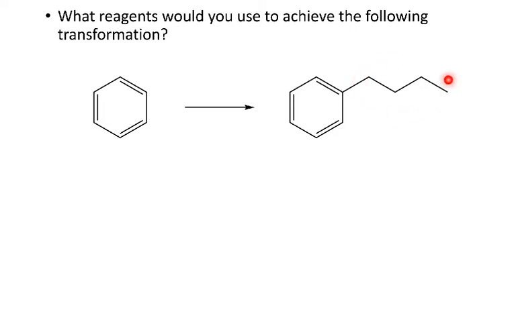So in order to add something like this, we saw that first we could do the Friedel-Crafts acylation, and then we could do the Clemmensen reduction to get rid of that ketone and leave us with the alkyl group. So the reagents that we're going to want to use to accomplish this